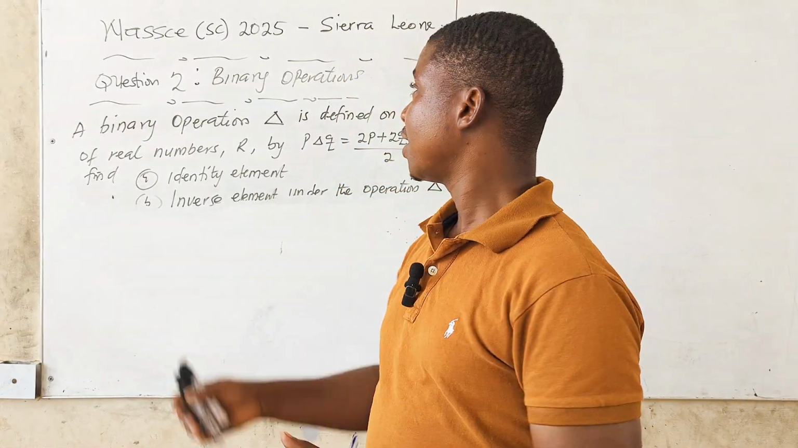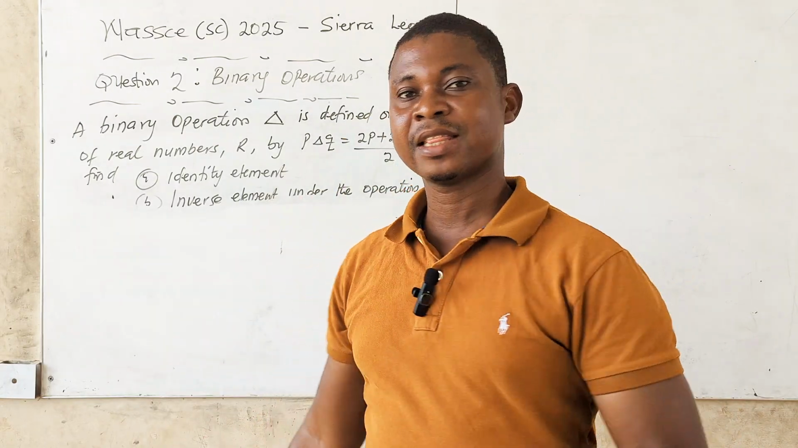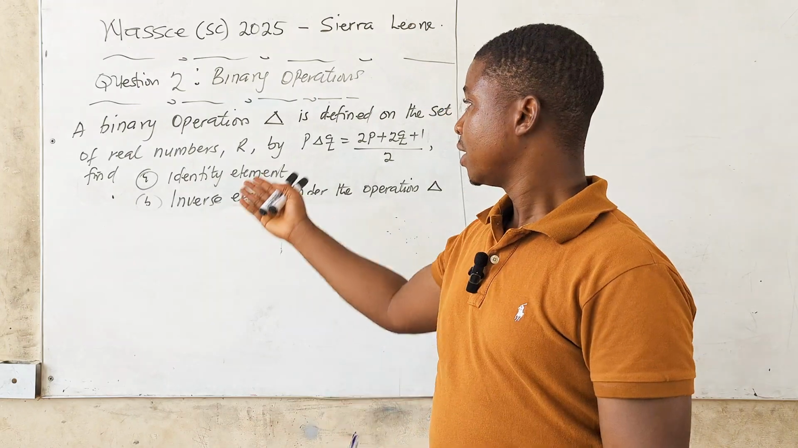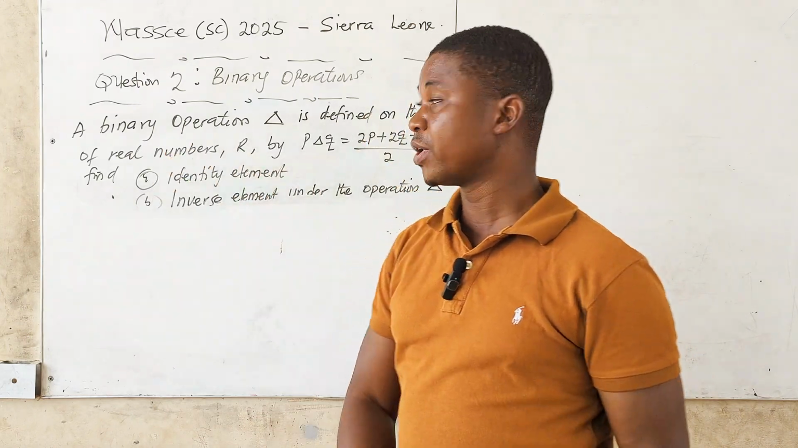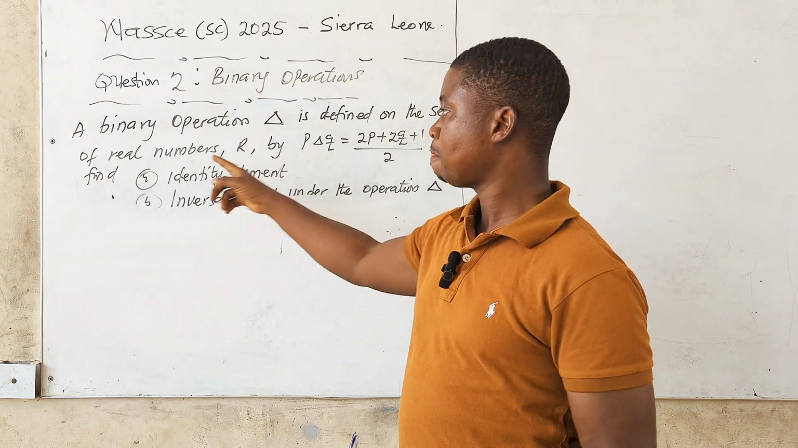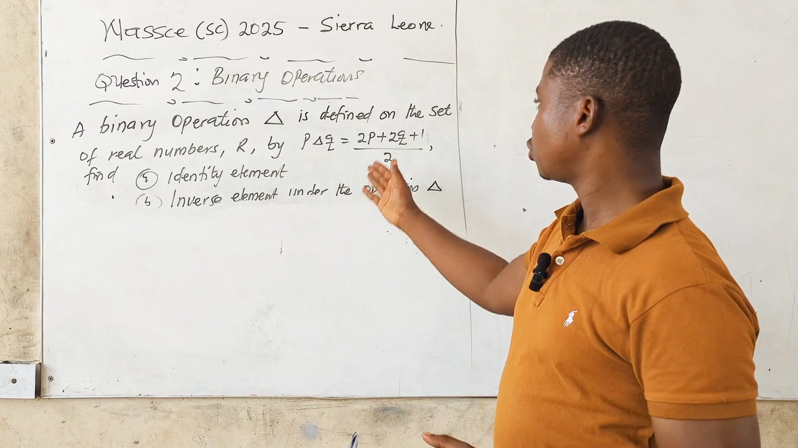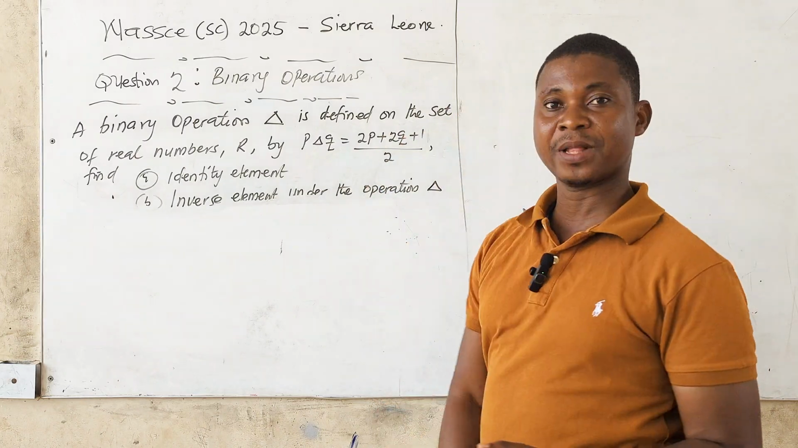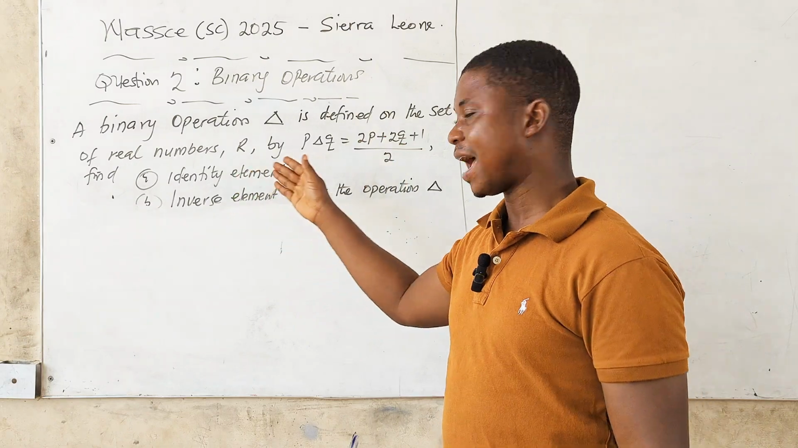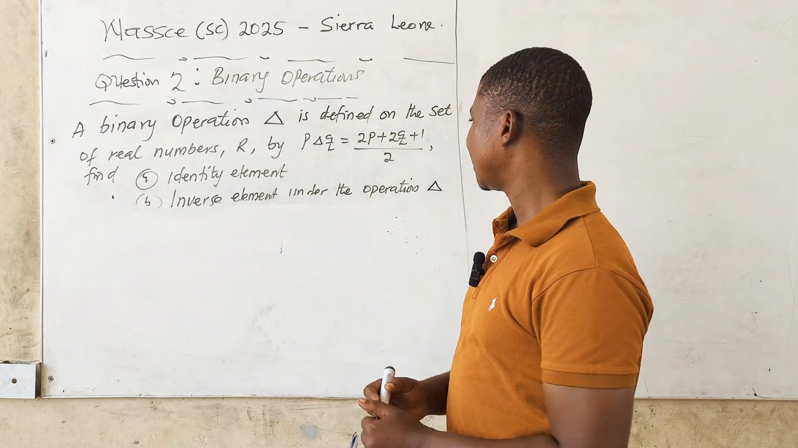Today we are also looking at WASSCE 2025 for Sierra Leone. Question number 2, and the question was on binary operations. So the question reads: a binary operation, the operation sign is there, is defined on the set of real numbers R by P operating on Q is equal to 2P plus 2Q plus 1 all over 2. Find A, identity element. B, inverse under the operation